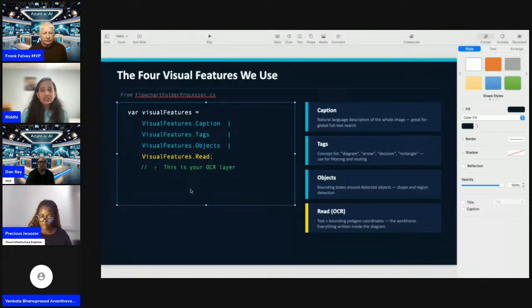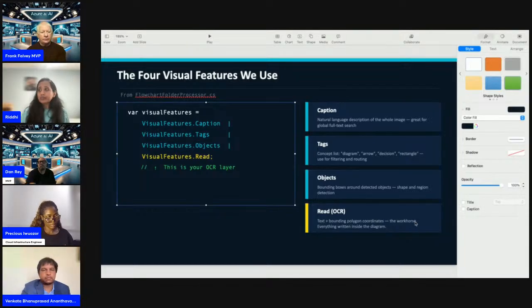Usually I have seen in manufacturing, the object part is kind of not there. Why? Because it's a little difficult to identify some machine or wire as an object. It's not yet there, that's what I mean. And the OCR, again, optical character recognition, is helpful and is the workhorse, because based on the bounding text it tells you where your text or object falls in the overall image.